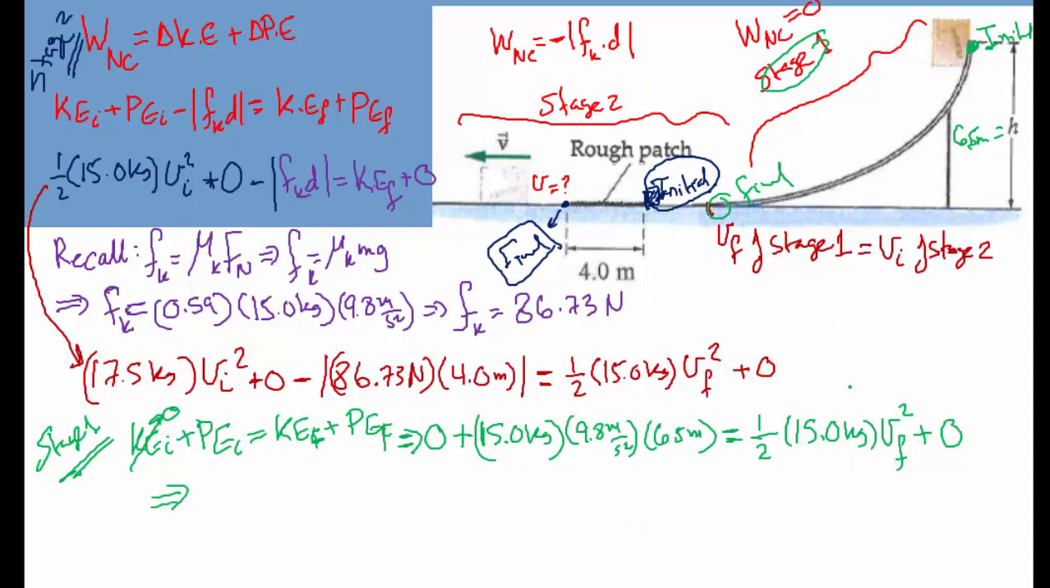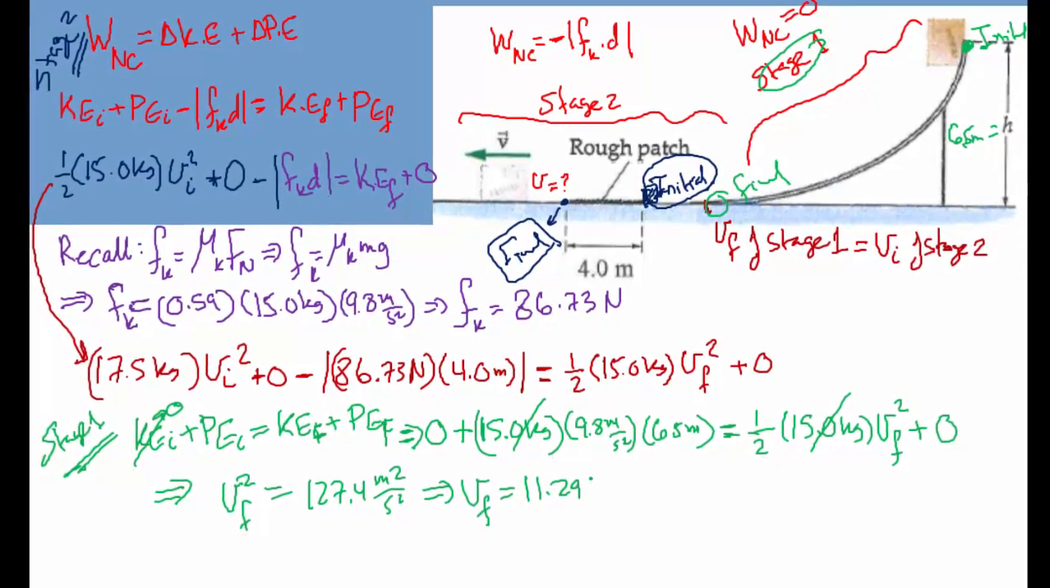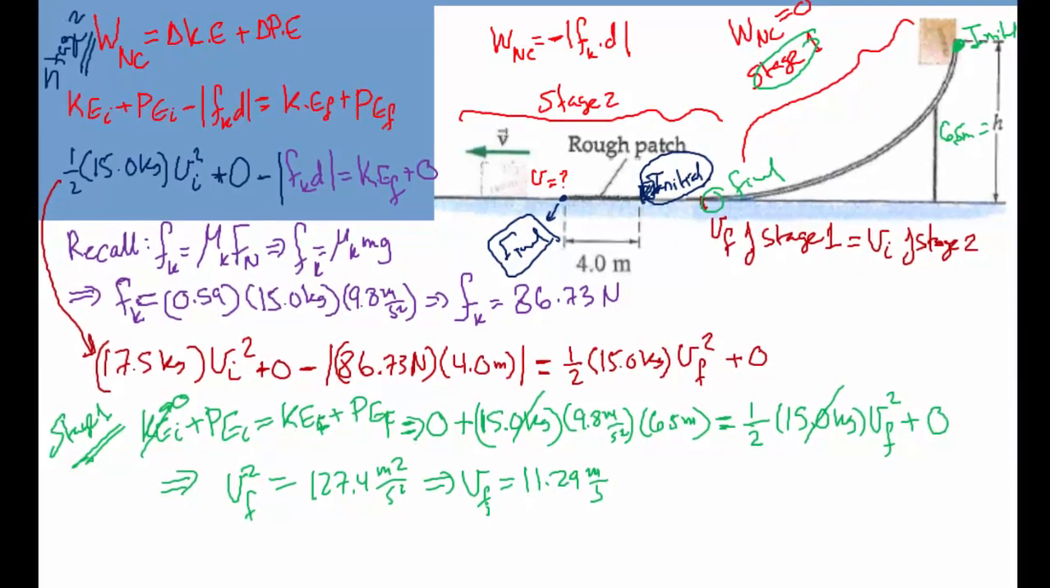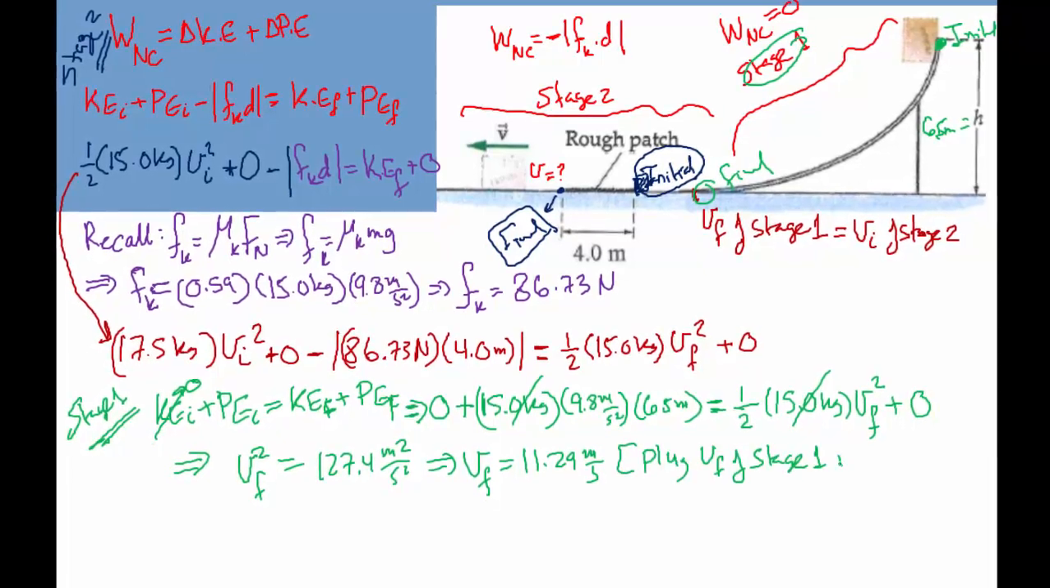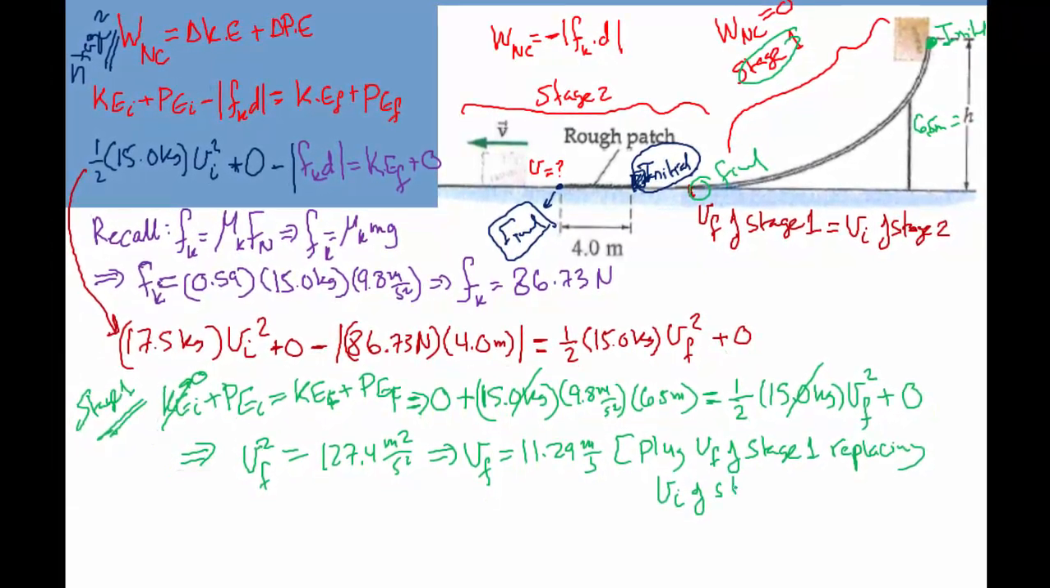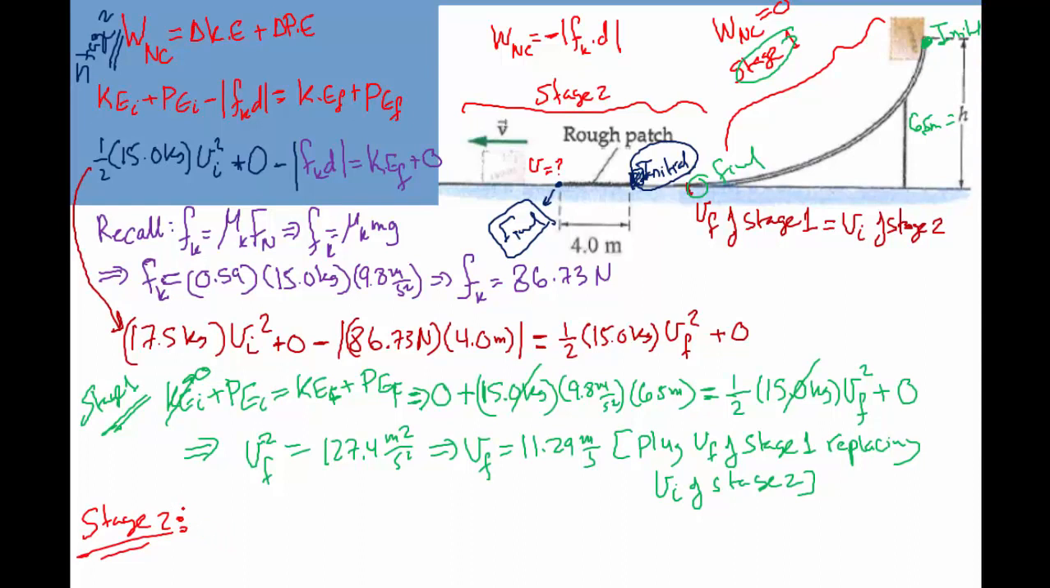So we solve for the unknown. Note here that the 15 kilograms will cancel out on the two sides of the equation, as it is present on the two sides of the equation, and this will yield 127.4 meters squared over second squared. Taking the square root, we'll find the final velocity of stage 1, which is 11.29 meters per second. So now we can take this value and plug it into the stage 2 equation. So replacing V initial of stage 2. So going back to the stage 2 equation here. So now V initial squared will be replaced by